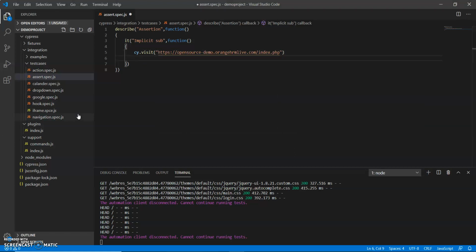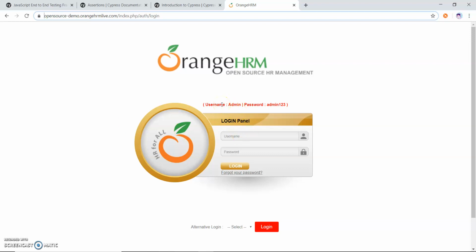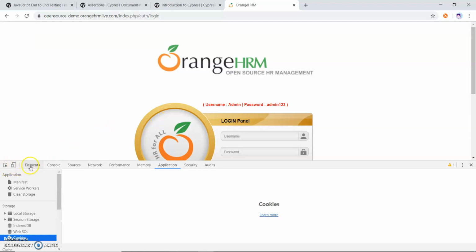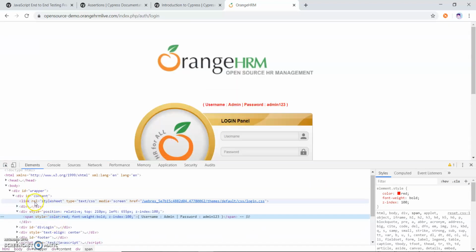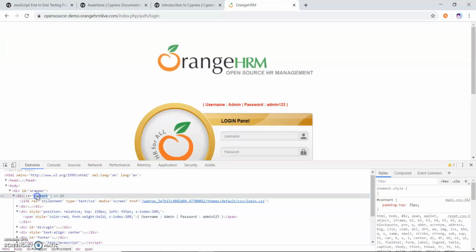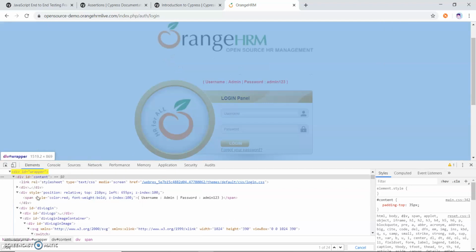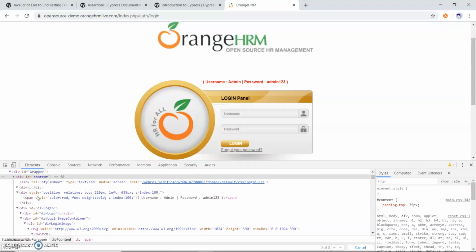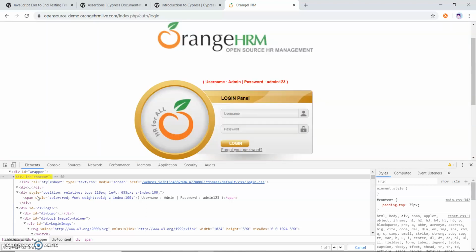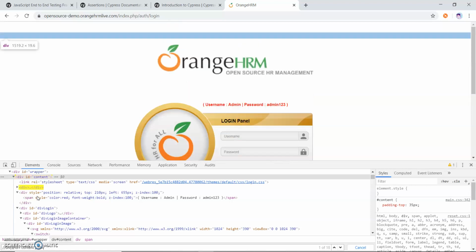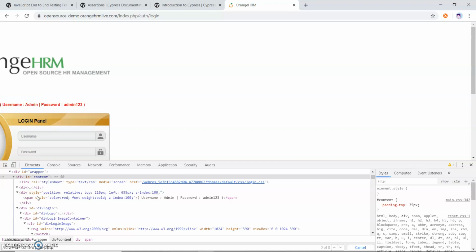Now I have to assert this style attribute. How can I do that? I open the window element and identify the XPath of it. I will go with the content ID, div at the rate ID, and then div2 and span.